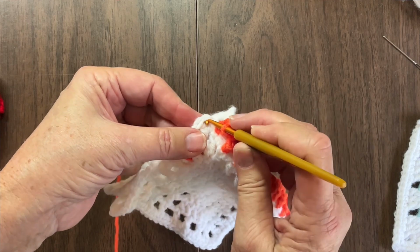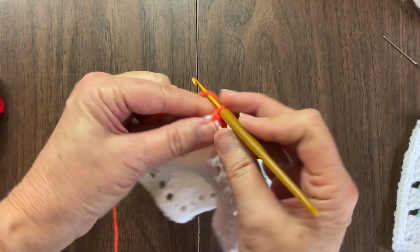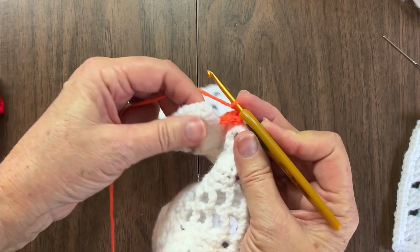Oh, it's a corner here. So I should have done 2 of them. I should have counted first. Like I said, always count before. Then if you have a boo-boo, you've got,